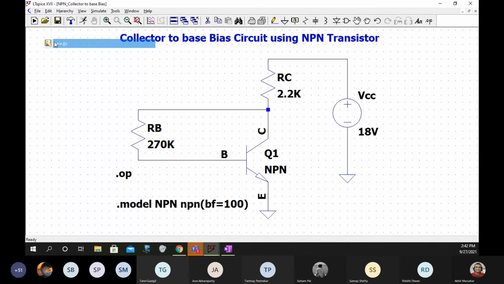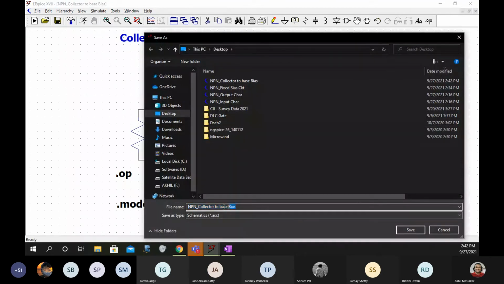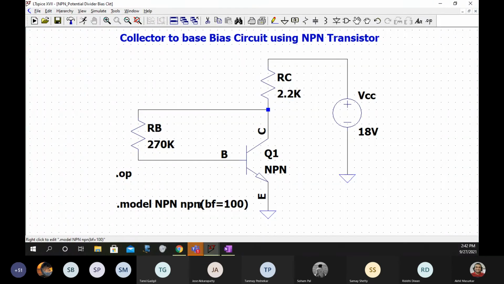This is save as. So let's do some changes in this.